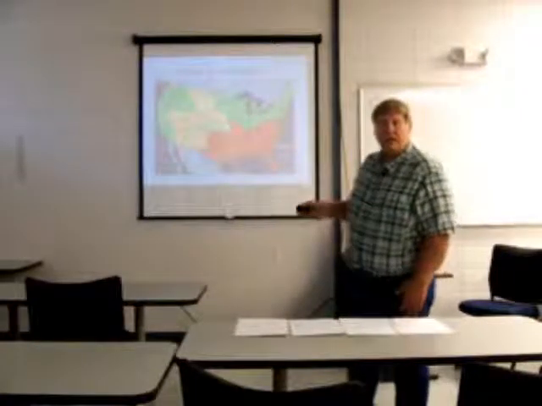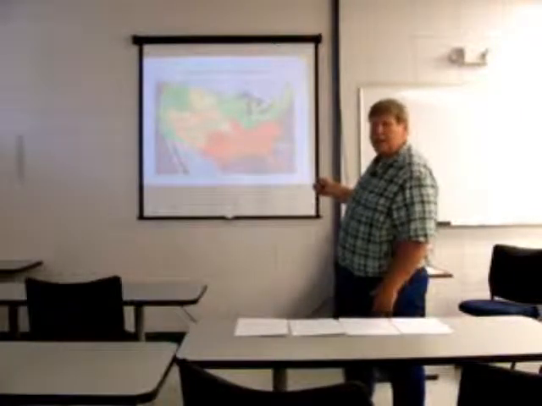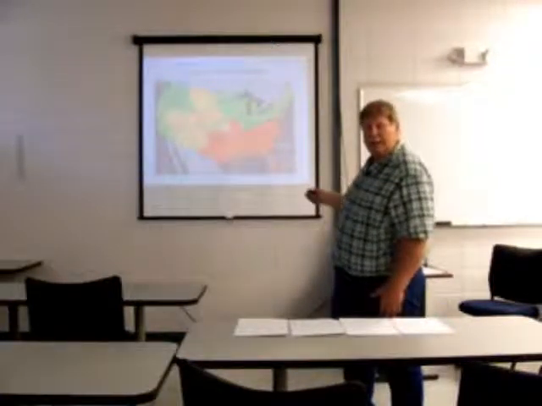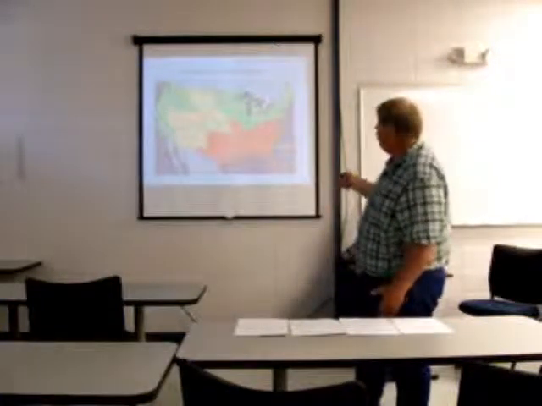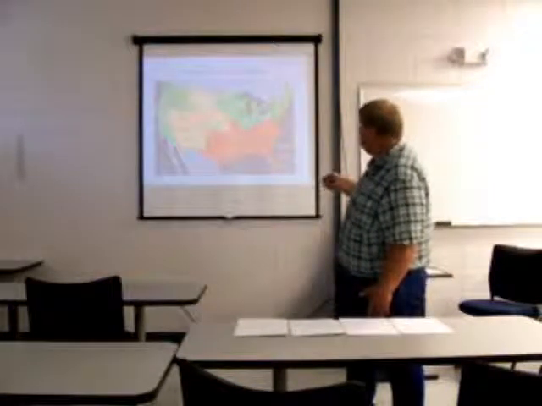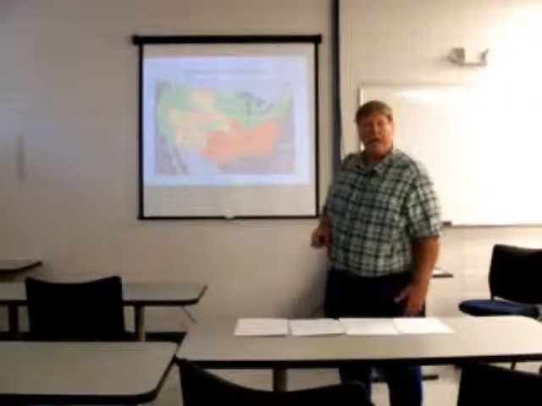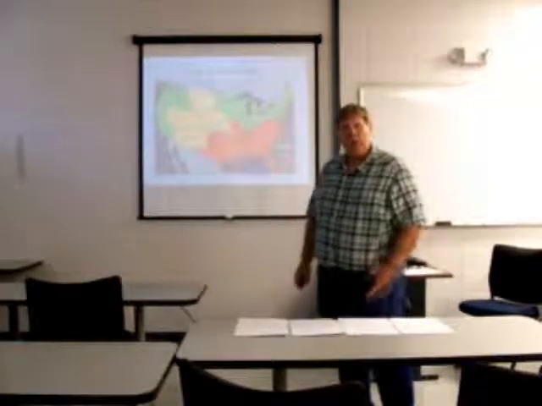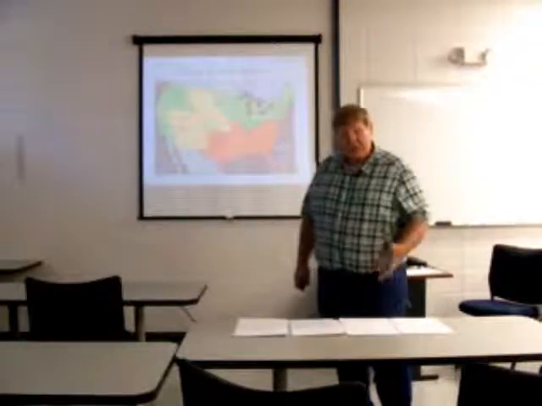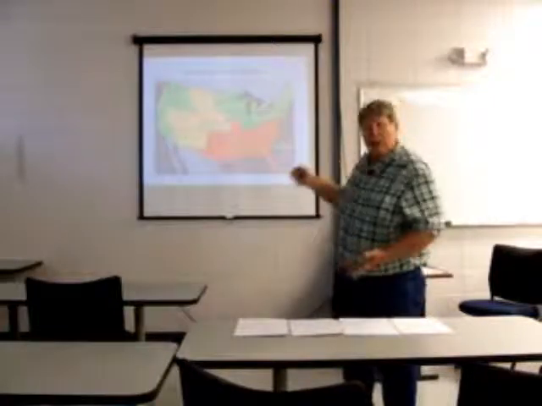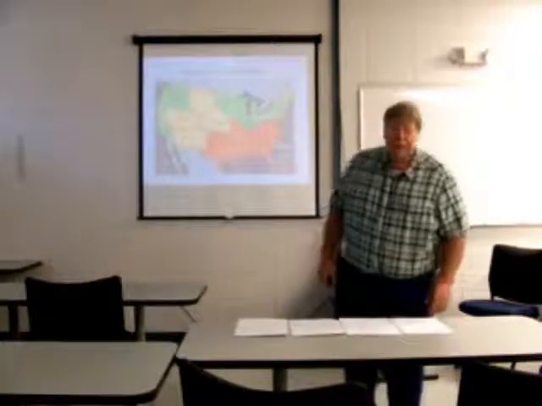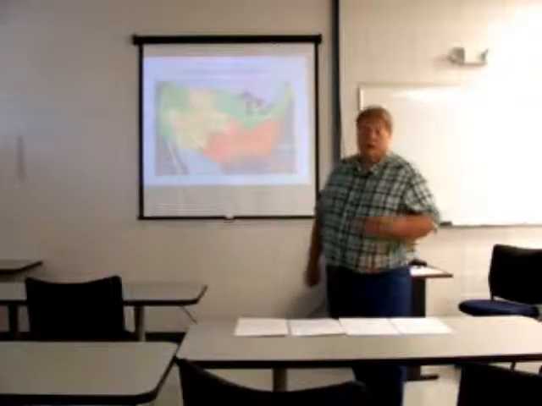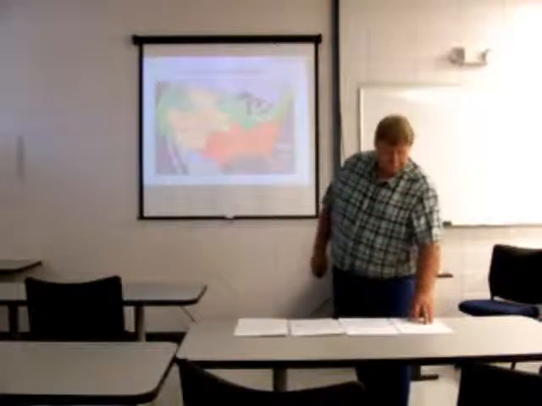And again, looking back at the Compromise of 1820, when a free state entered, a slave state had to enter the Union at the same time. So you can see they're basically equally represented. And in the Senate, each state gets two Senate votes. So they're about equally represented in the Senate. And the Southern senators helped to